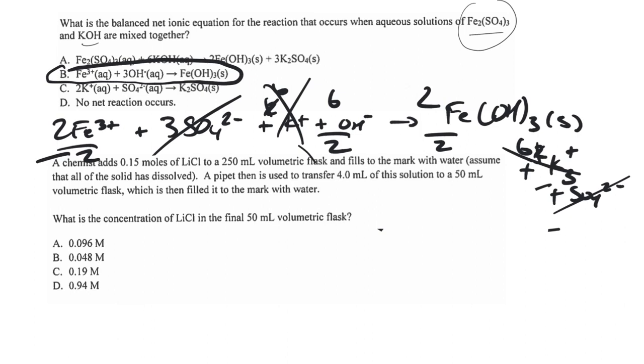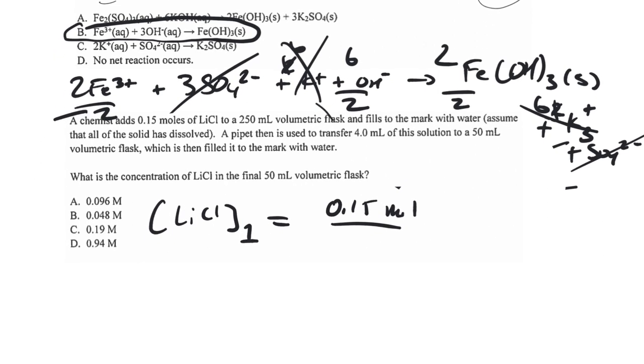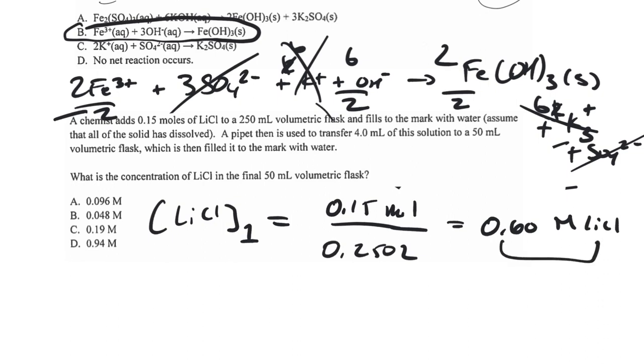And so let's do the first flask first. So our concentration of lithium chloride in the first flask would be 0.15 moles, and we're dividing that by a 0.250 liter flask because that was our total volume of solution. So that is going to be 0.60 molar lithium chloride. And then if we take 4 milliliters of this solution here,